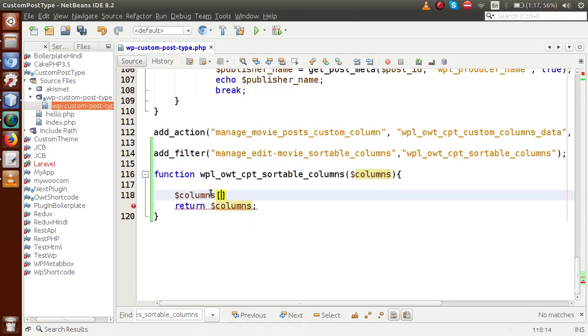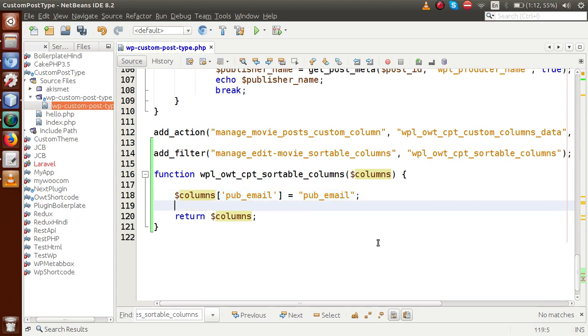Now it is an array, so inside this key we need to pass the column name, that is the column ID, that is pub email. Okay, and now we have to assign the value pub email again. This is the value that we have stored inside this key, and finally we have to return the columns at the end. Next, we also want to make the pub name sortable. So let's say column,